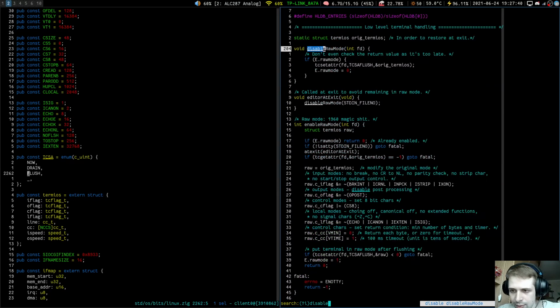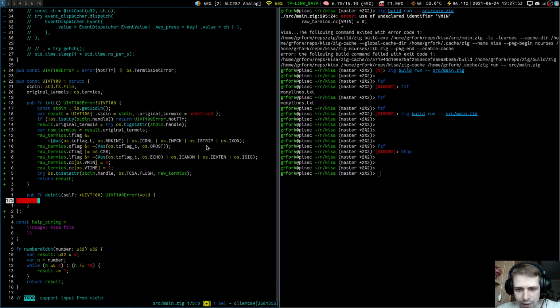Disable raw. So we just remove the old setting. No, I mean we just apply the original setting. Yeah, it looks fine. So when we deinit, we also want to put standard input and original termios to